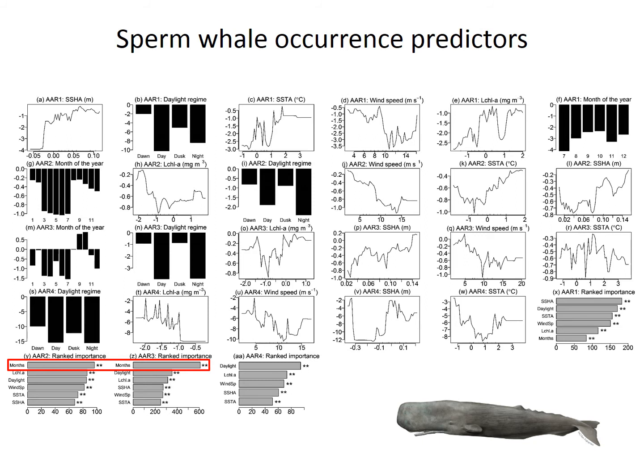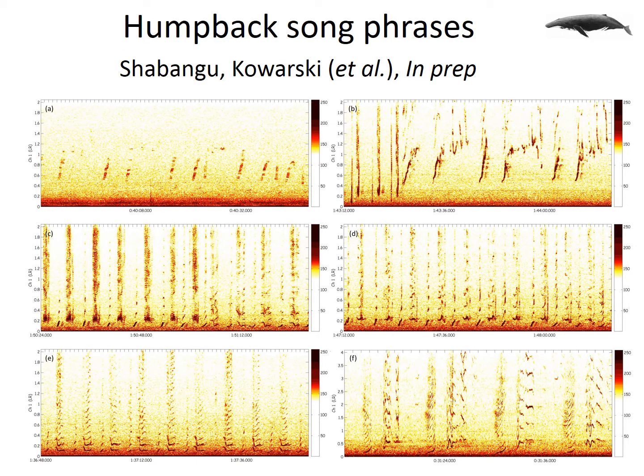And for the other two sites, it seems to be environmental conditions: daylight, sea surface height, chlorophyll, wind speed. Those seem to be playing a very important role as to when the whales will be available, or when they can be detected in that particular area compared to this area. And furthermore, what can be highlighted with oral 2 and 3 is that's where we detected a lot of sperm whales, and also whaling data indicated that's where most of the catches were made. So that seemed to be the most important habitat, or one of the important habitats of this species on the South African west coast. And now moving on to humpback whales.